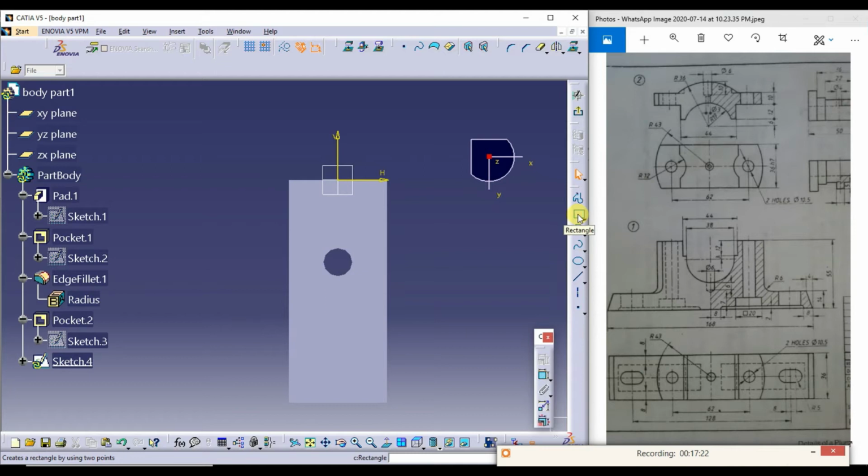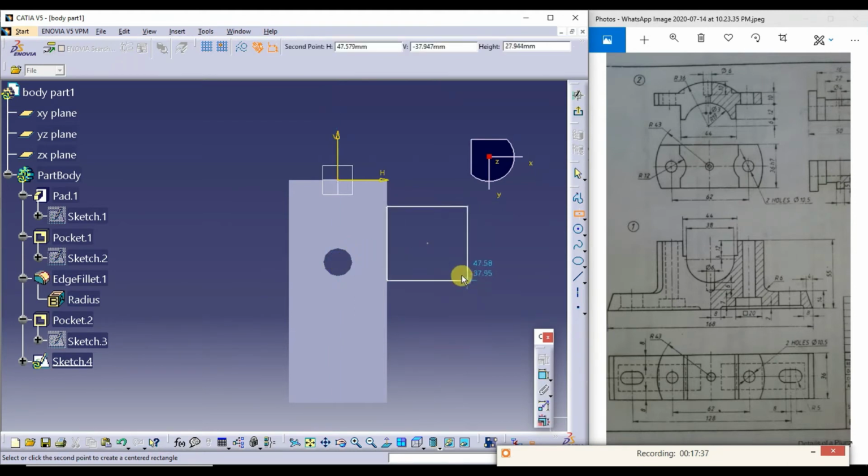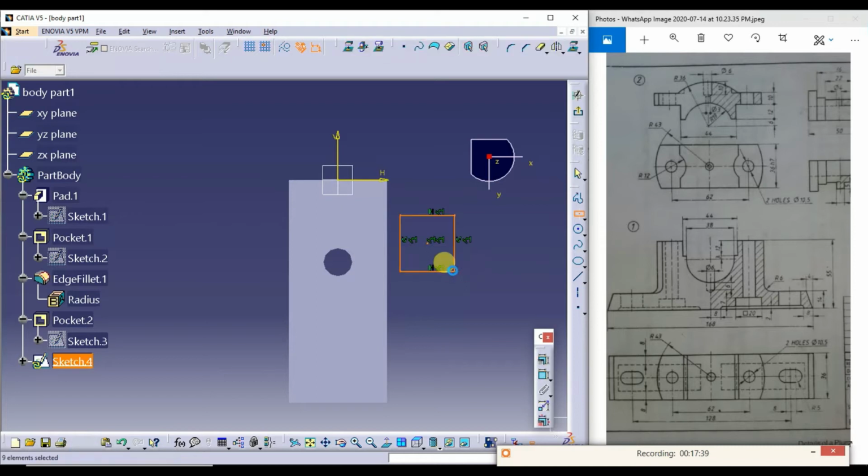Now I will go for rectangle by center rectangle. Otherwise, you draw the rectangle like this, then the center of this and the center of this should coincide.